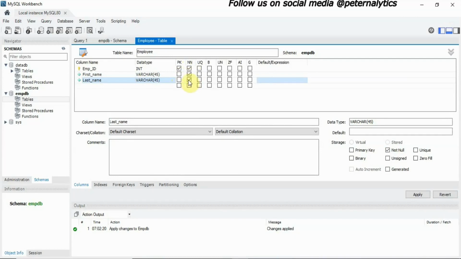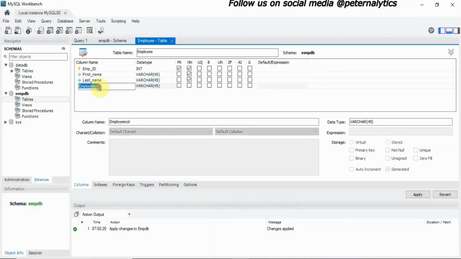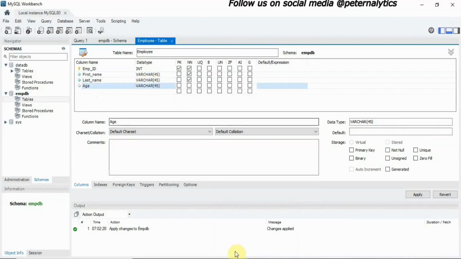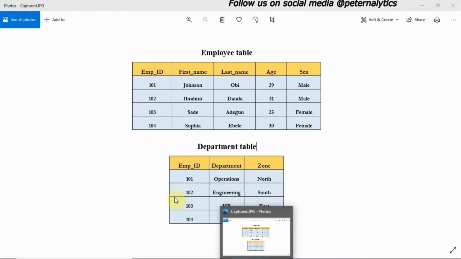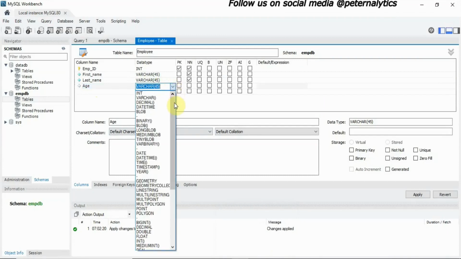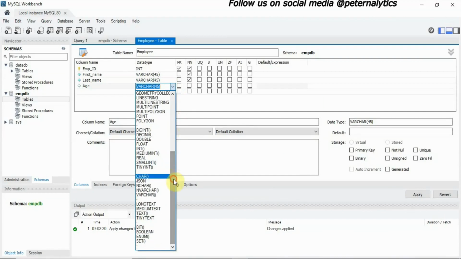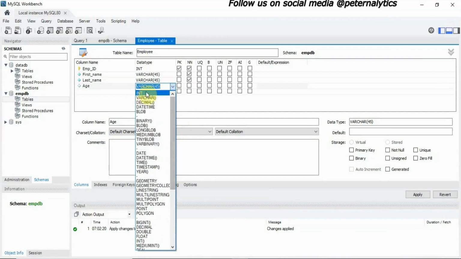So these columns cannot accept null values. And then maybe enter the remaining columns, age and sex. Age can't be varchar, it has to be an integer. So you can just click here to change the data type, and then click here to select from a list of data types. So you see, we get several data types here. If you just click on integer,